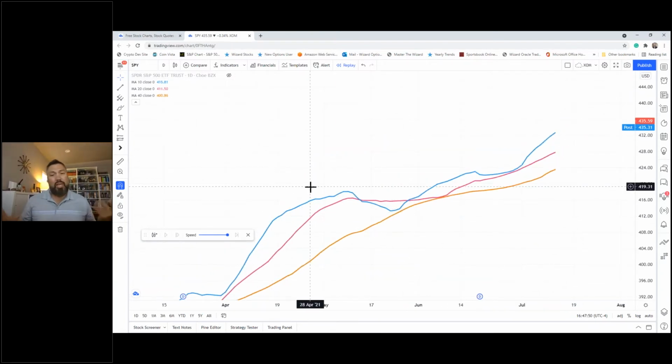And here's the thing: it's applicable on any symbol, so it doesn't matter what I teach you upon. It's all going to be the same relative focus. So I already walked you through the blue and the red, or the fuchsia, the 10 and the 20. The 40 is just another level, another layer. Think about the 40 as your last line in the sand. It's a line. Think of it as the last line.